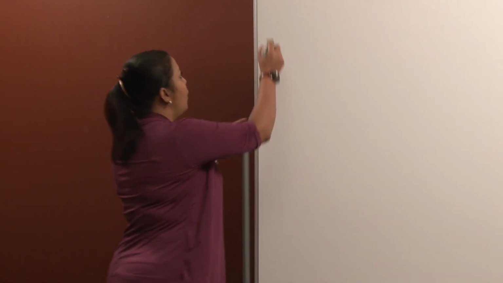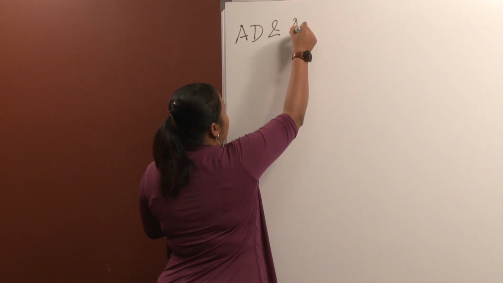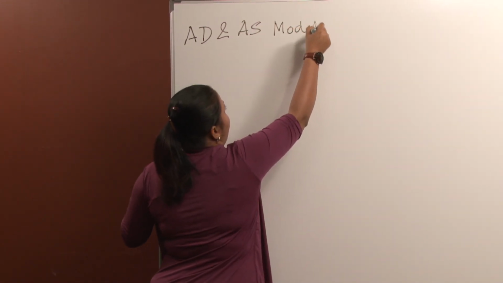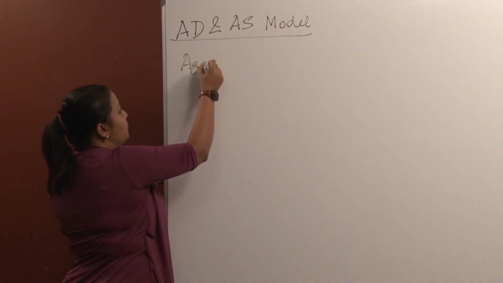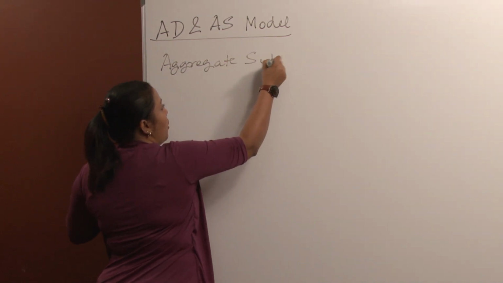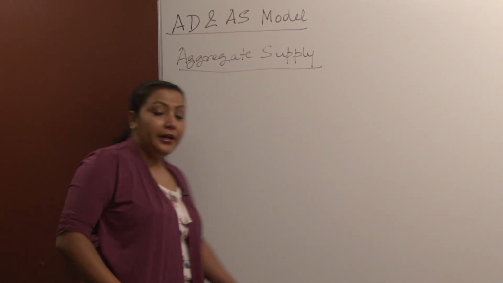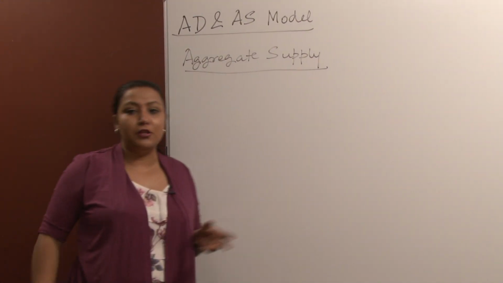So, we are still on the AD and AS model, that is aggregate demand and aggregate supply model, and today we are going to talk about aggregate supply. We have already talked about aggregate demand. So, just to refresh your memory, in aggregate demand, we talked about what is the shape of the aggregate demand